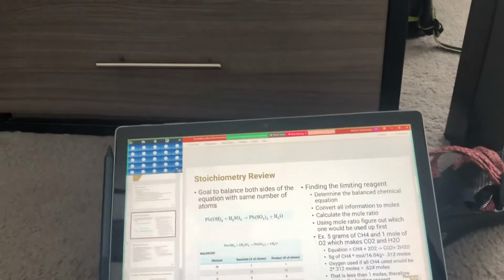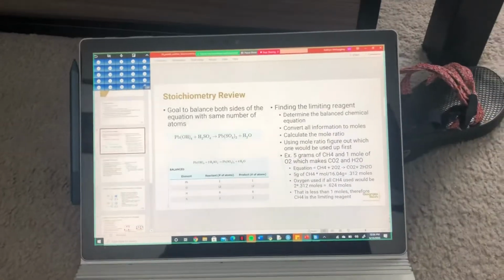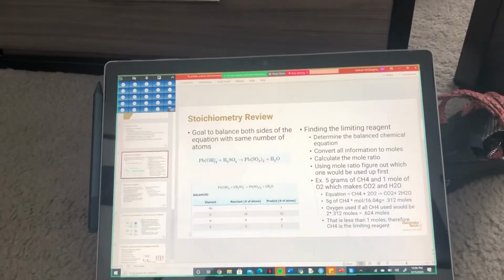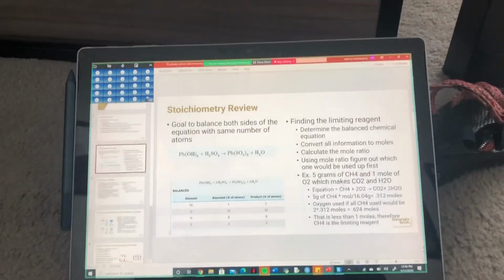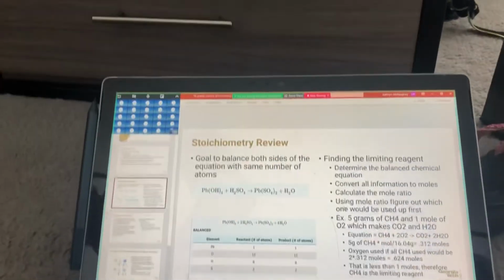So we're just doing a stoichiometry review real fast. And the goal of stoichiometry is to balance both sides of the equation with the same number of atoms. As you can see below, this is an equation that hasn't been balanced yet. And then how you balance it is you just have to make sure that both sides have the same number